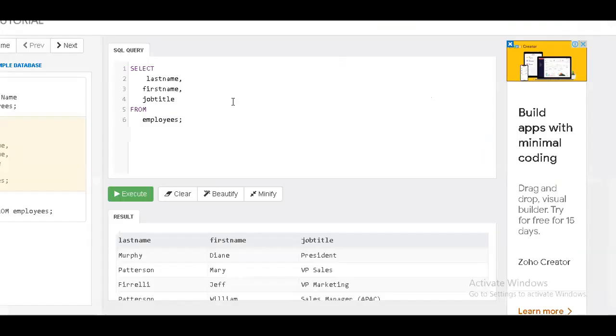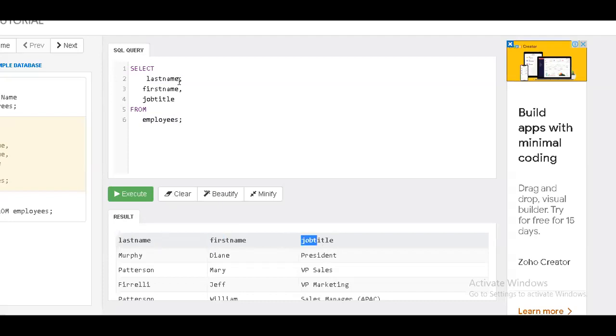Now, I'll be showing the example. See here, I have the example. There is SELECT last name, first name, job title, and I'm picking from the employees table. Now I got the output. You can see the output: here I'm getting the last name, here the first name, here the job title. I don't want these to be displayed on the screen; here I want something else, here something else, and here something else.